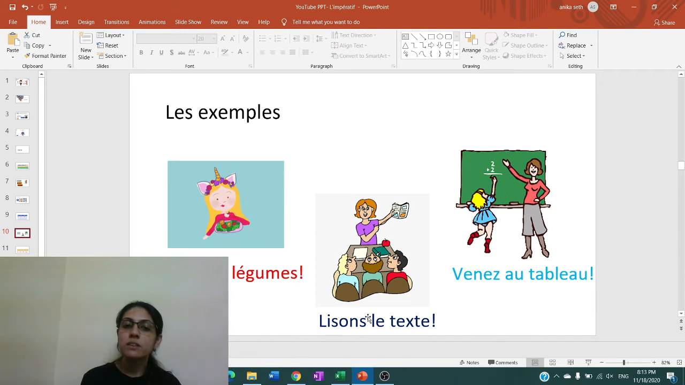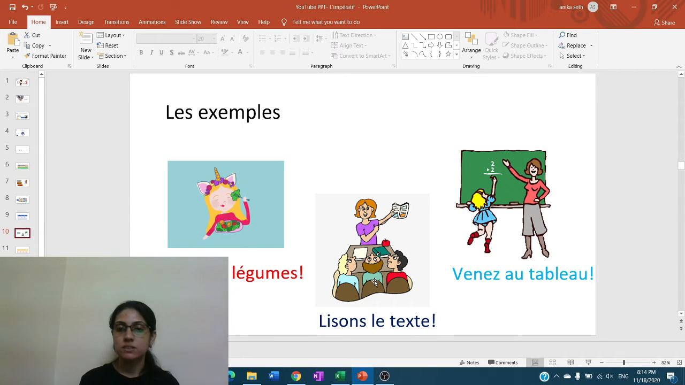Then second example, lisons le texte. Lisons le texte means let's read the text. So over here, lisons, this is the picture which you can see of a class of the students and the teachers. So let's read the text. Lisons is conjugated with the nous form ending with ons, followed by an exclamation mark, and there is no subject pronoun